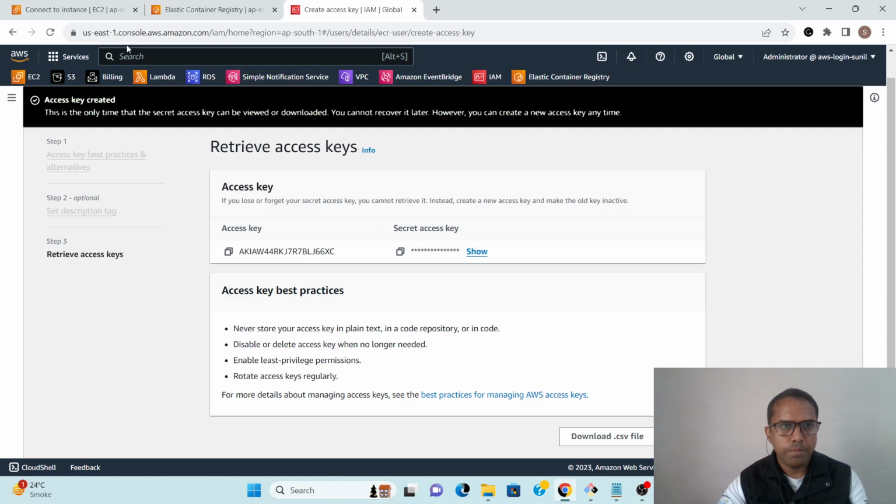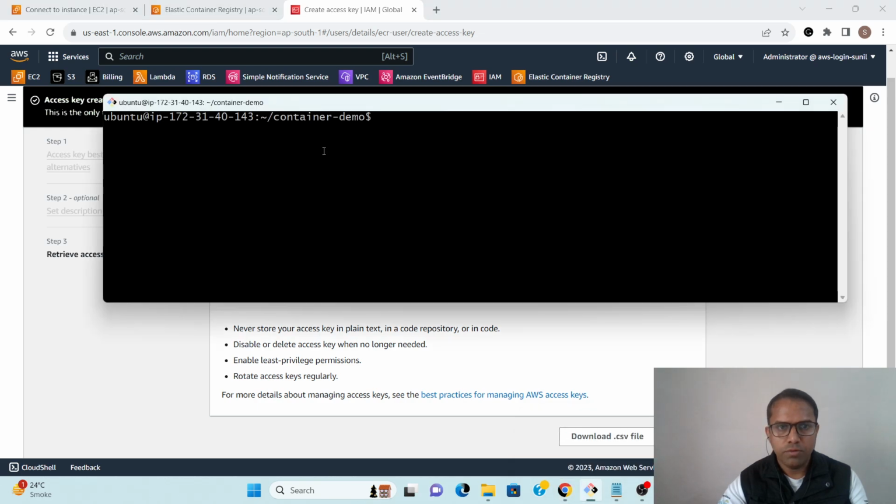Next, connect with the EC2 instance. So I have already connected and I am using an Ubuntu EC2 instance, and Docker has already been installed. So I am writing docker images. So you can see there is no Docker image available. And